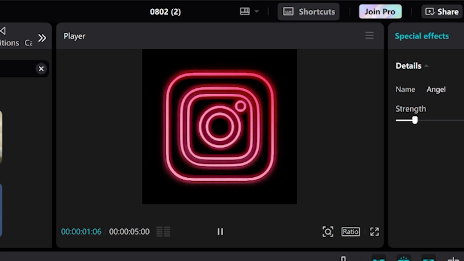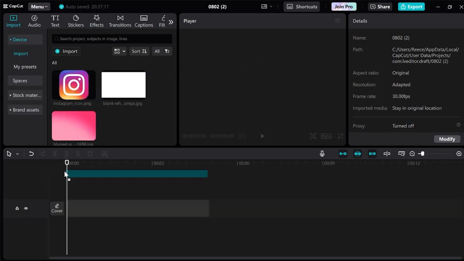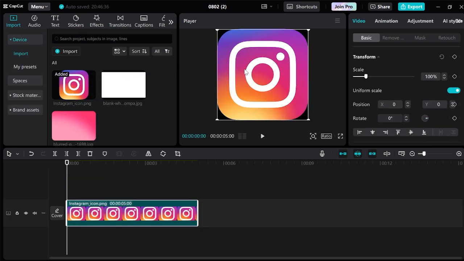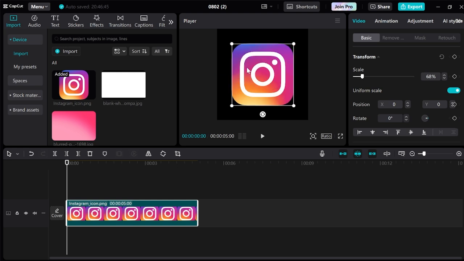Hey guys, in this tutorial I'm going to show you how you can create a glow animation on your icons inside of CapCut. So we first just need to launch up the CapCut application, and then we're going to head over to import in the top left here, and then you simply need to drag your image over to your timeline. So for this example I'm going to be using this icon of Instagram,